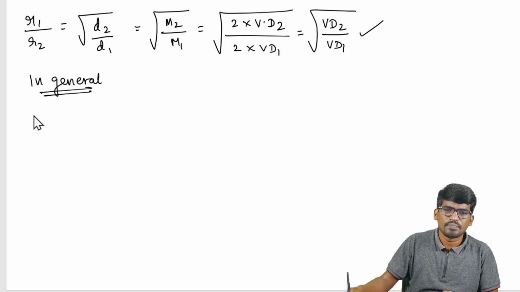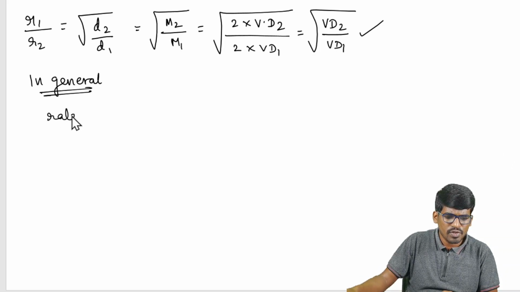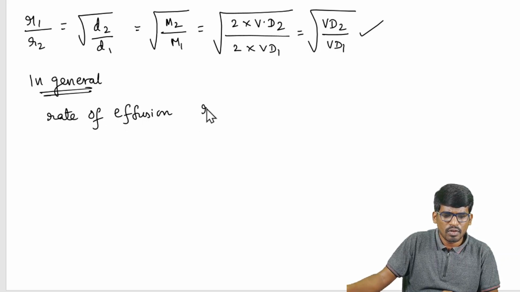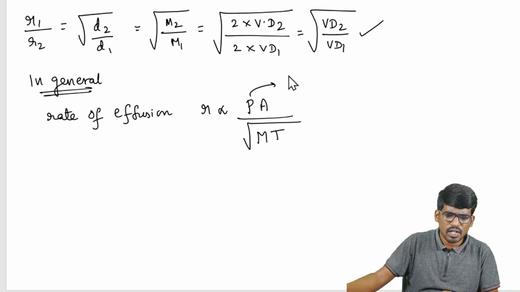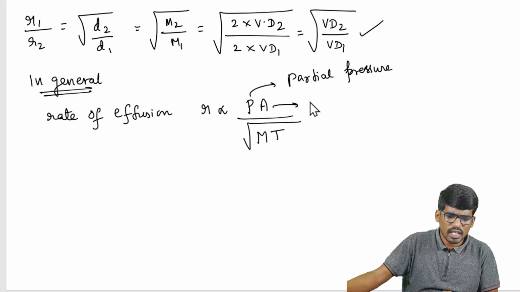if you observe it, in general, this rate of effusion, R, is proportional to P into A naught upon square root of M into T. You can take A also, that is not an issue, rather than taking it as A naught. So here P is nothing but pressure, partial pressure or pressure difference of a gas, I can say. A is nothing but area of cross section